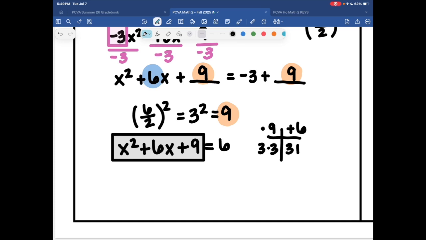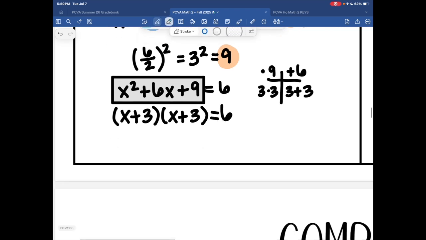Now, the other thing you're going to recognize is once you start doing this over and over, you should be able to recognize that this number, when you divide 6 by 2, that's going to give you the number of the factors. So whatever number you get before you square it, that's actually going to be the two identical factors. So we're going to have x plus 3 times x plus 3 equals 6, and that's where we can square those. So we're going to square those pieces now, and we now have x plus 3